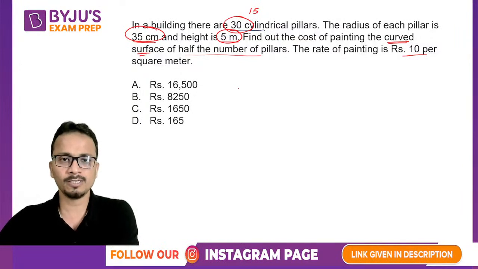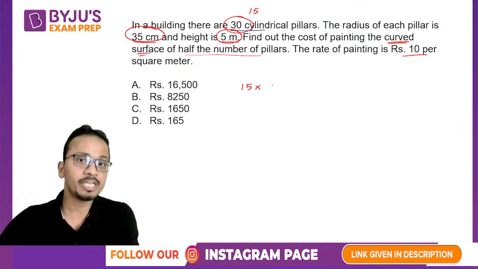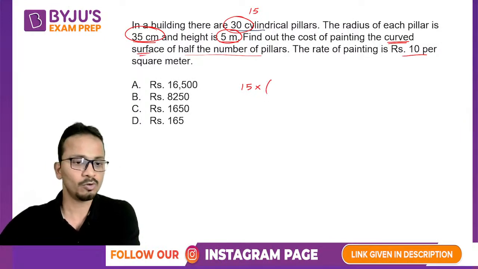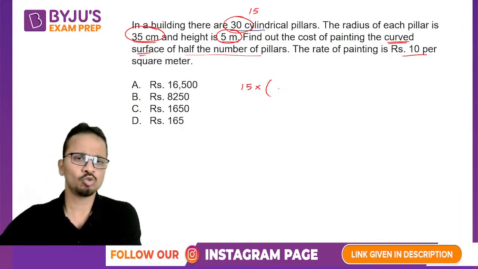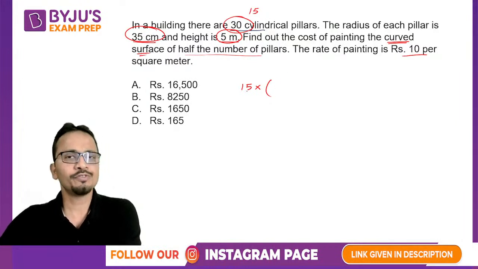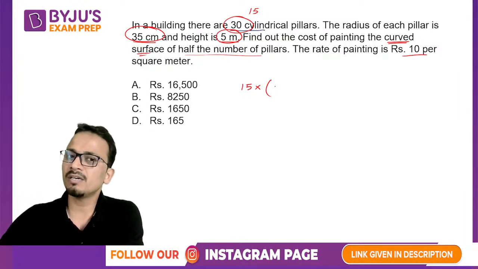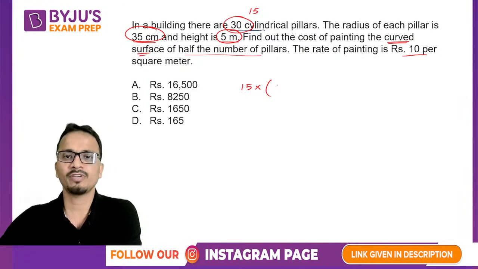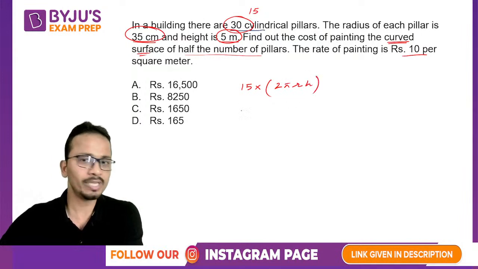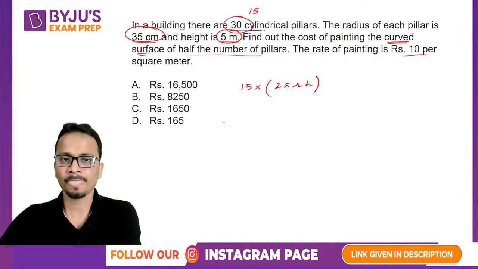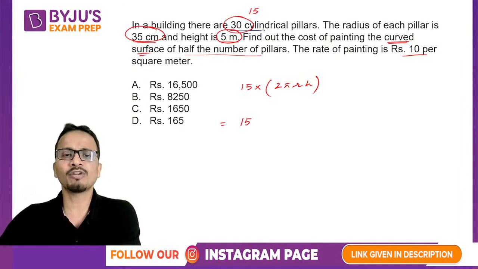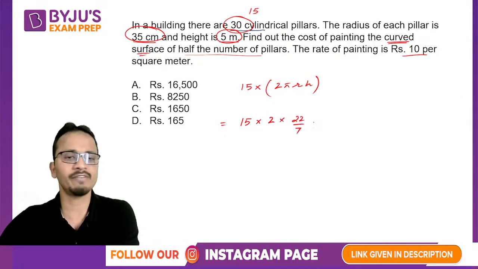Now first of all, the number of pillars is 15 multiplied by the curved surface area of cylinder. Yes Dipali, I'm waiting. Don't worry, I'll be very slow in solving this one. I'm giving you enough time. So 15 multiplied by the curved surface area of a cylinder, that is 2 pi r into h. Now Rohit has already given an answer. Good Rohit. Now 15 is the number of pillars multiplied by 2 multiplied by pi, that is 22 upon 7,